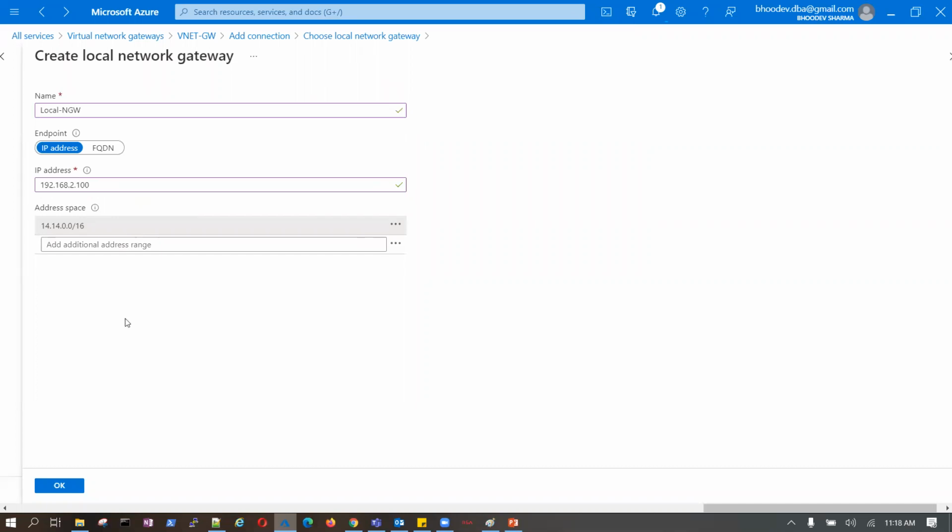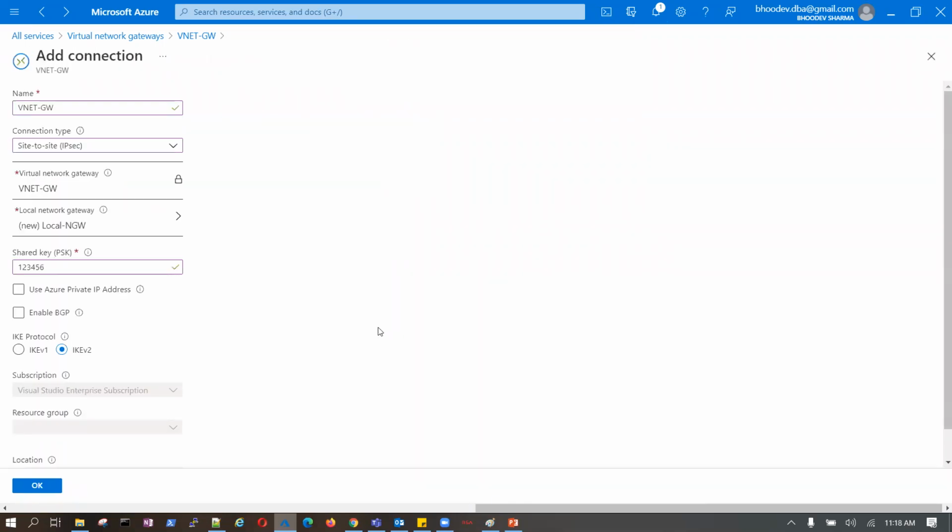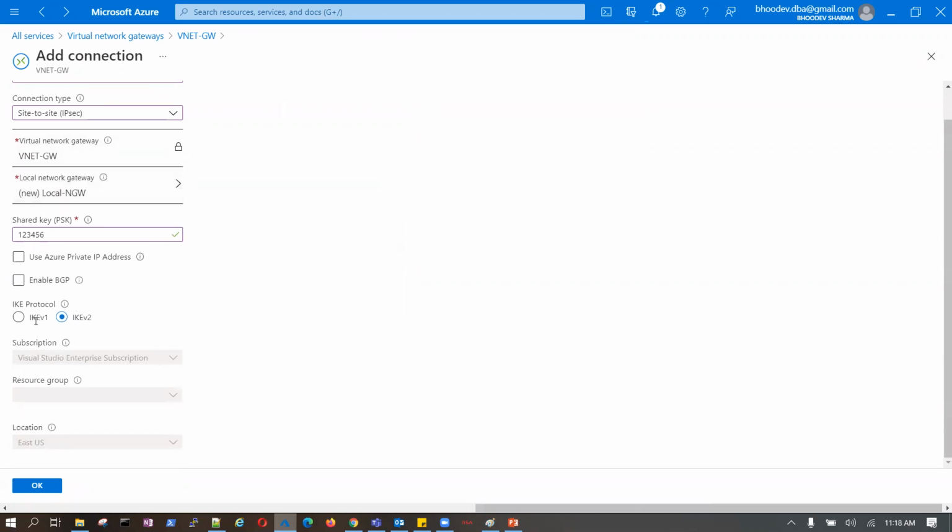Now this is the endpoint IP address, this is my address space, and I say okay. Now this will be my site to site IPsec connection, and this will be my pre-shared key.